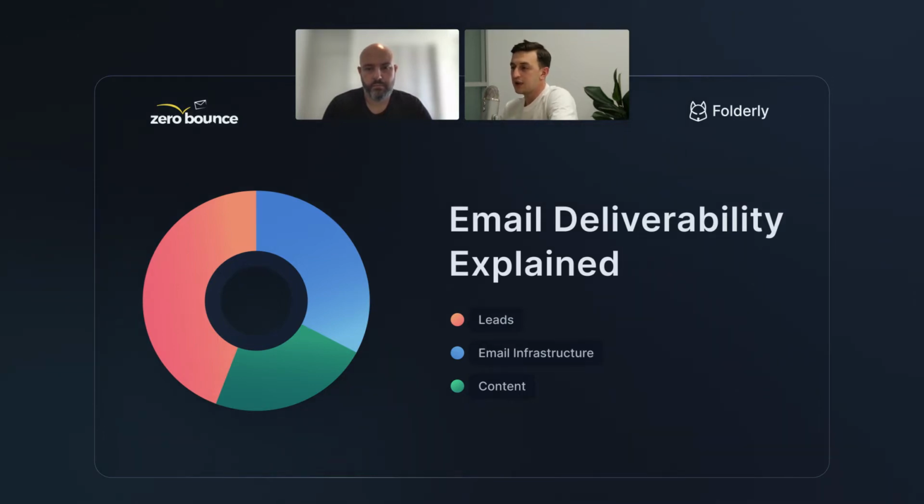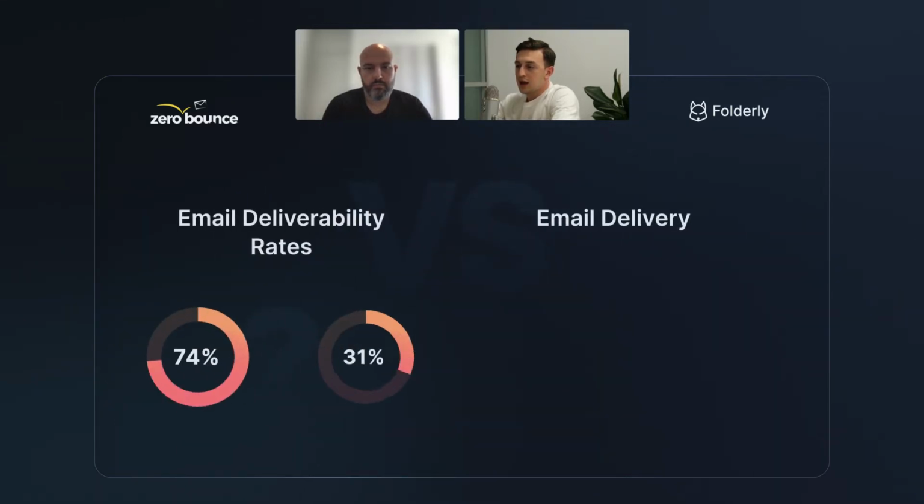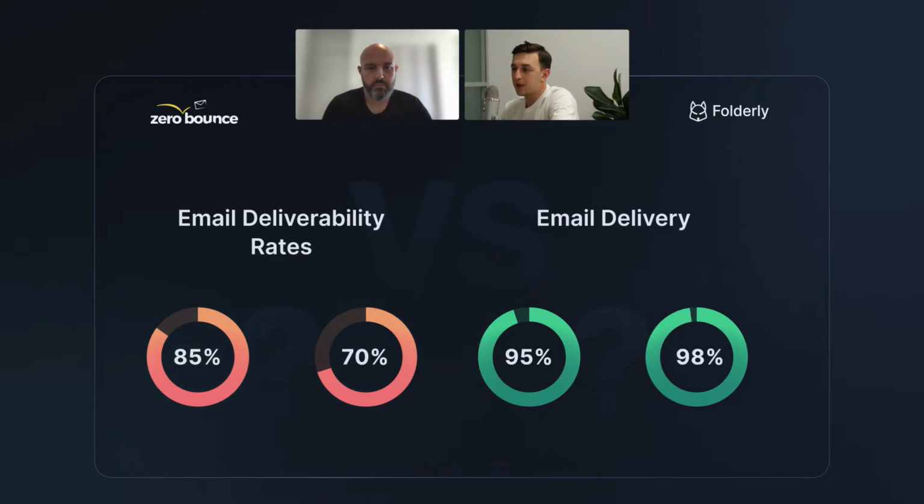So let's learn more about it and give you some numbers about what happens and how to measure your email marketing success with any email sent. Basically, there are 2 main metrics: your email delivery rate and email deliverability rate. The main difference is that email delivery is basically the ability to send and receive emails, which is almost 100% achievable with each and every tool out there. There is a decent amount of tools that you can use right now, for example, MailChimp, Outreach.io, Reply, and others like Woodpecker, SendGrid, Mailgun, etc. Basically, there are hundreds of tools, and each and every tool already gives you the guarantee that your email will be